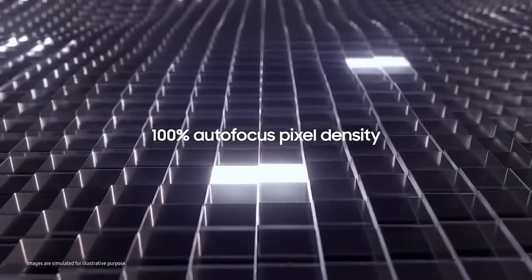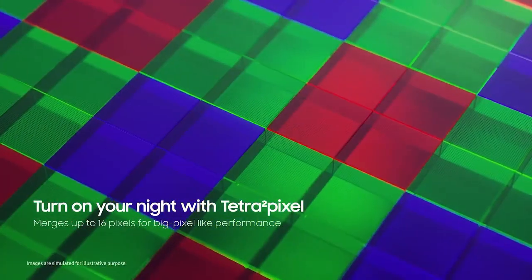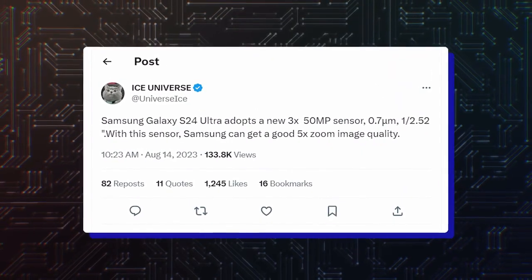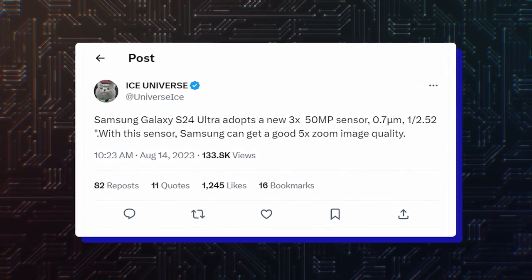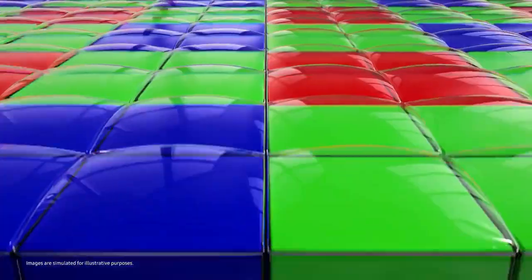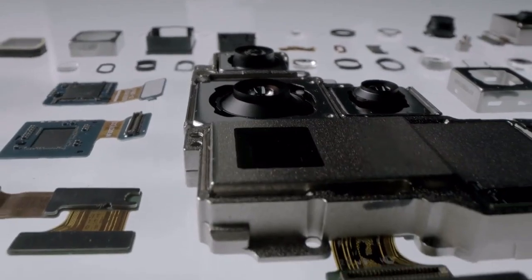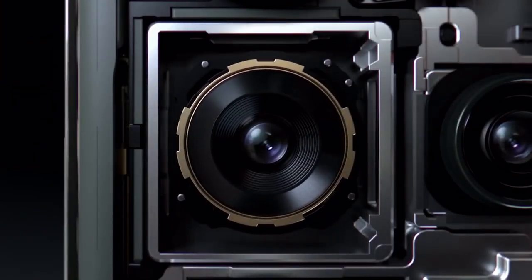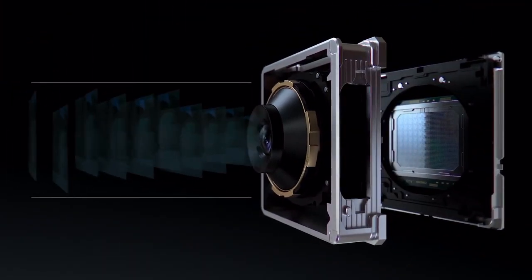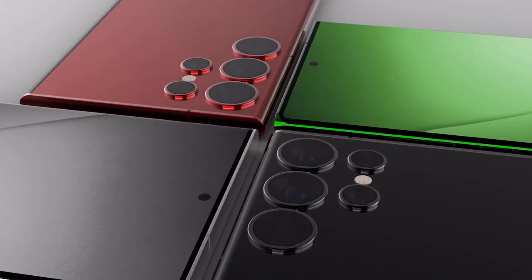Most likely, it will have super quad phase detection autofocus, 8K video recording at 30 frames per second and 16-in-1 and 4-in-1 pixel combination modes. It has already become known that the Galaxy S24 Ultra will use a modernized telephoto lens with a sensor of 50 megapixels, 1/2.52 inches and 0.7 micrometer pixels. It will work in combination with a 3x optical zoom lens and optical image stabilization, which will lead to a significant increase in quality when it comes to details. It is reported that it will provide 5x optical zoom due to the combination of a larger sensor and built-in